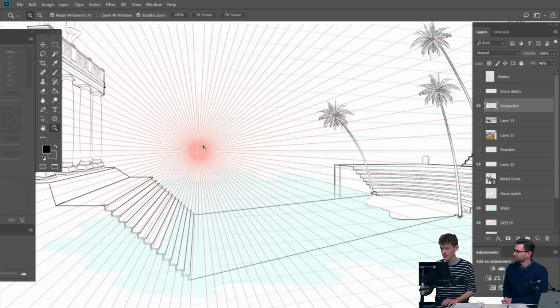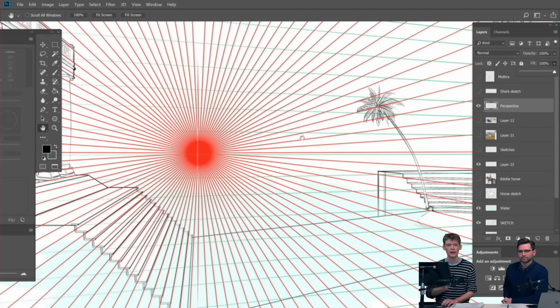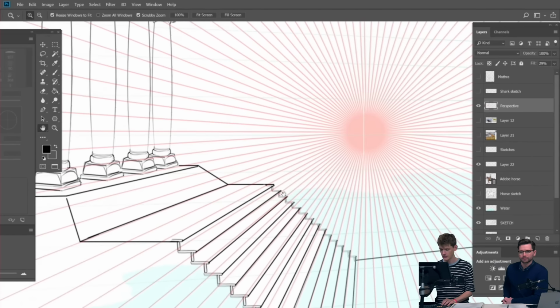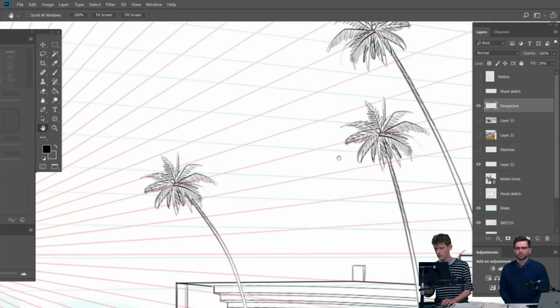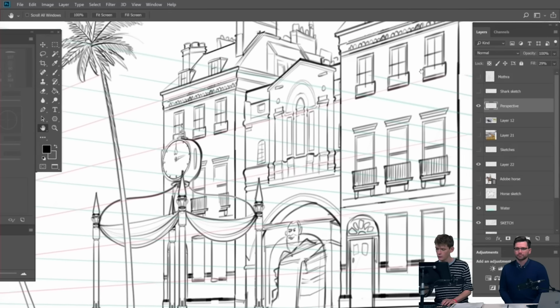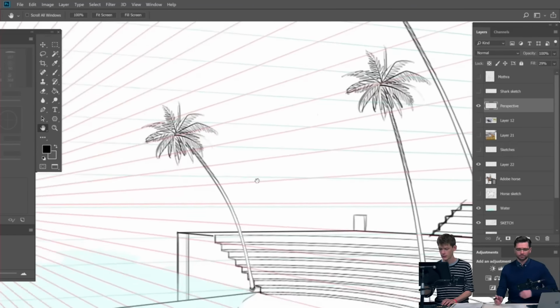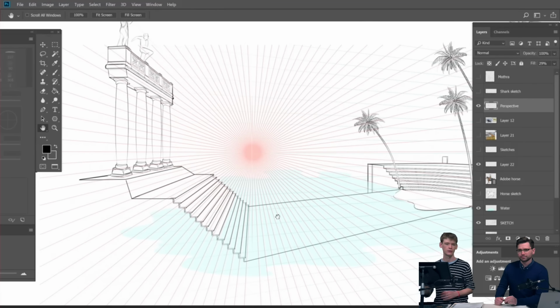I really like to have this star shape that I've got here, and that provides a really good guide for me to sketch along. If you look at the lines of the steps here, maybe the top of the archway, and if we scroll along to the buildings, the windowsills, everything lines up with those red lines coming out from that central star. So that is a really good template to overlay. I'll just have it on a transparent layer on top of where I'm sketching.